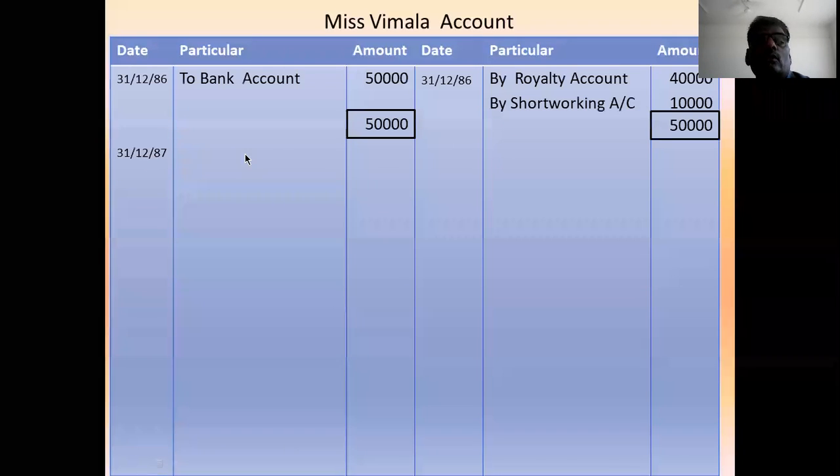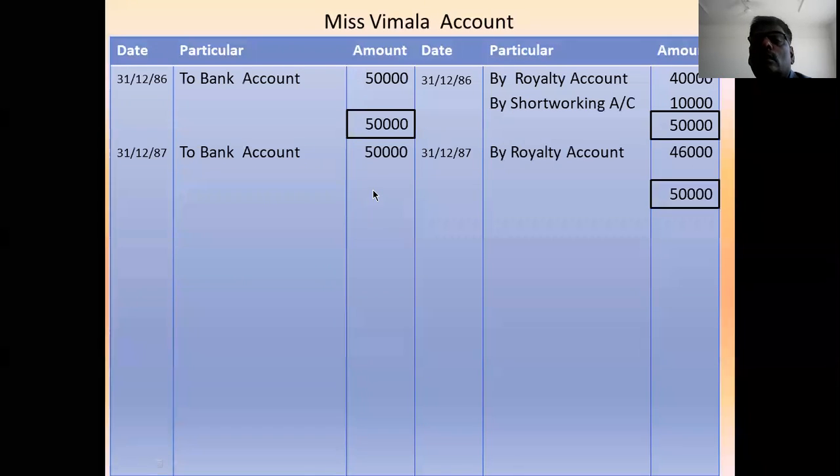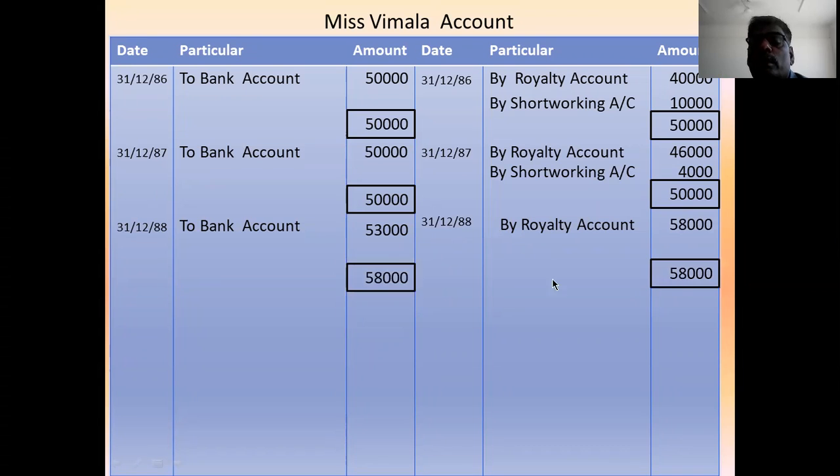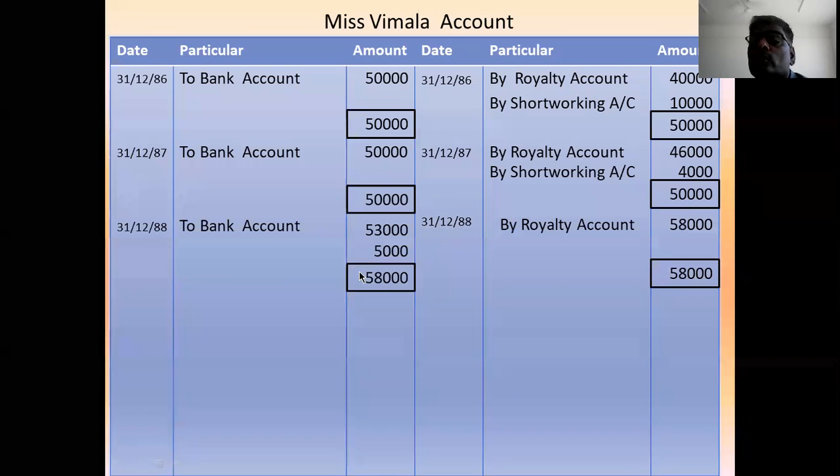Second year, to bank payment 50,000, by royalty 46,000, total 50,000, difference 4,000, by short working. Third year, to bank payment 53,000, by royalty 58,000, total 58,000, difference 5,000, to short working,